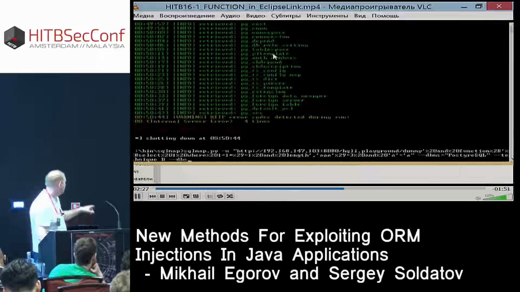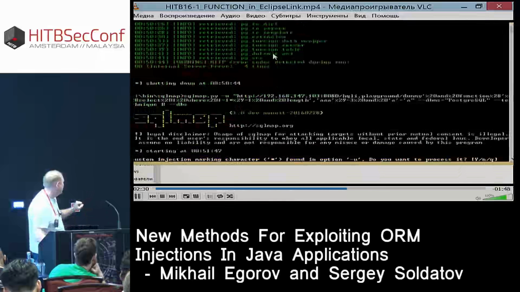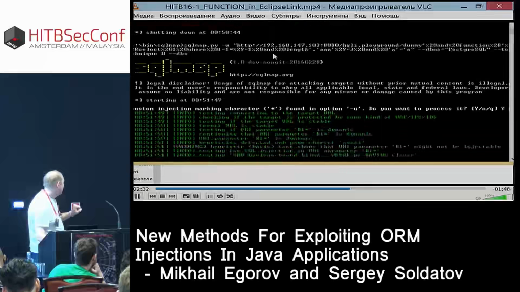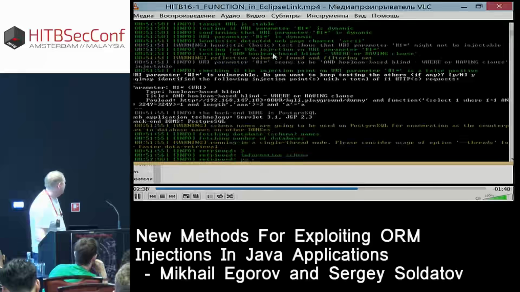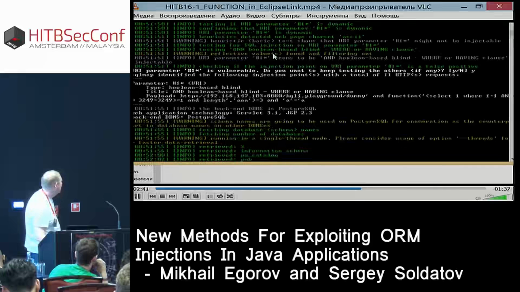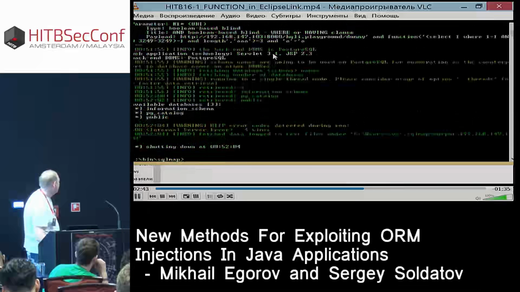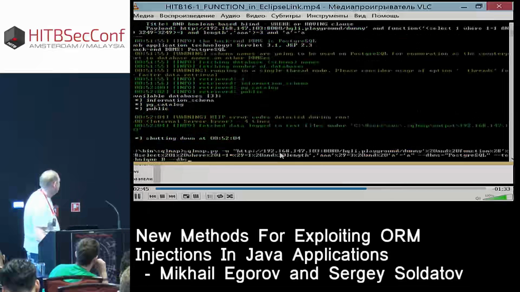For example, let's try to enumerate databases and see what happens. Actually, it works. So it's information_schema, pg_catalog, public. The most interesting for us is public because all the others are default Postgres